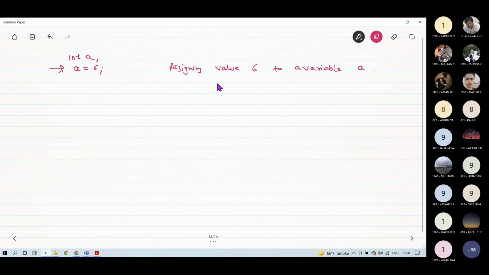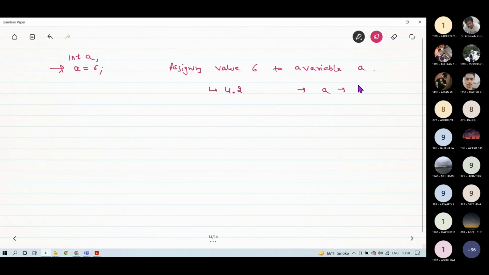So suppose if I want to store a value, let's say 4.2, to a variable, then that variable must be declared as, can you tell me what should be the declaration type of this variable if I want to store 4.2 into it? Float. Very good.